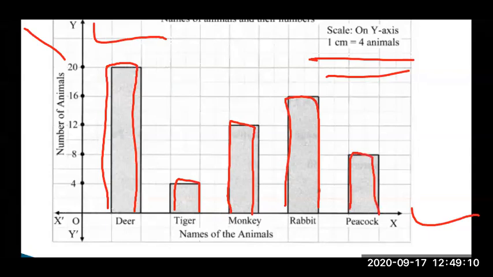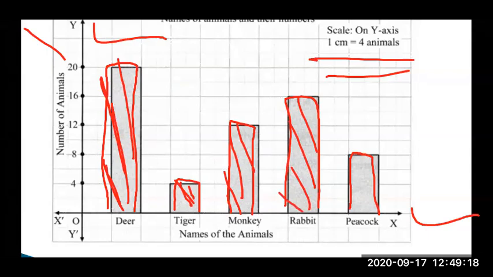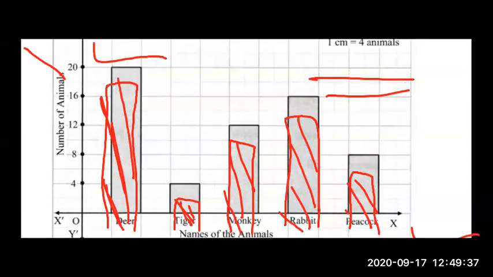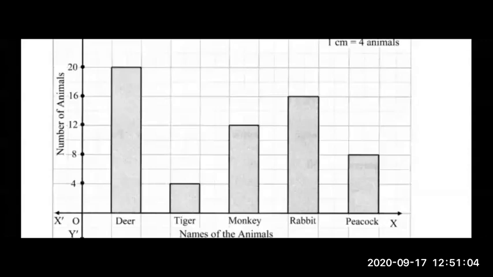And then, last part, you will color the bar. You will color it. So I hope you people have understood the second question also, how to draw a bar graph by using the following data. Now here we have completed our second sum. Now we will move to our third sum.